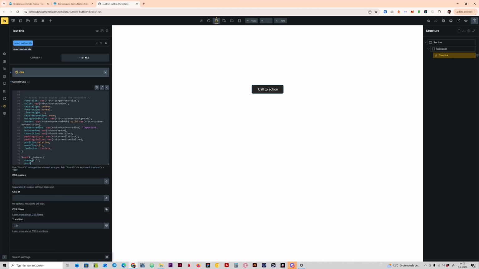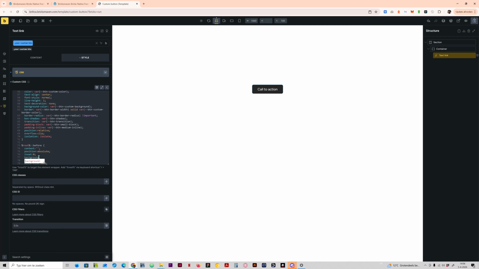So we have our content, position set to absolute, and then I'll make sure that the inset is set to 0. Which means we have our top, left, right, and bottom all set to 0, right? So that's what I'm basically doing here. So it fills the whole card. Okay, so our inline size should be 0 because we want to hide it, and our block size should be 100% because we want to fill the whole height of the whole card. So z index will be set to -1,